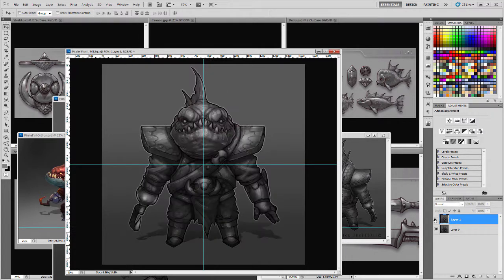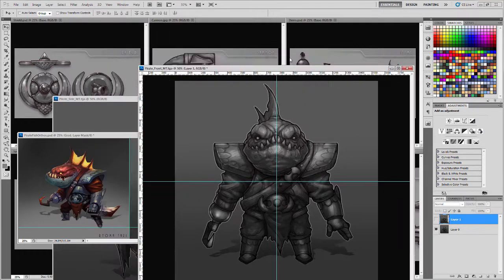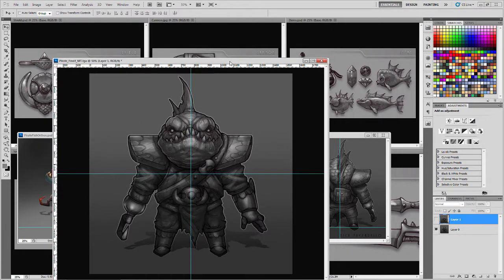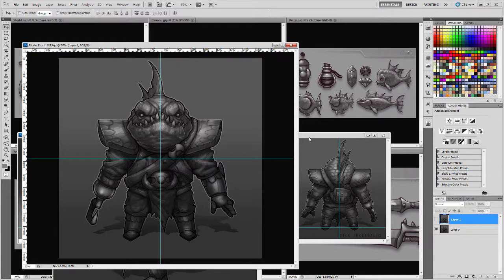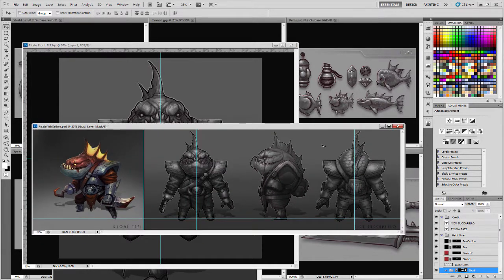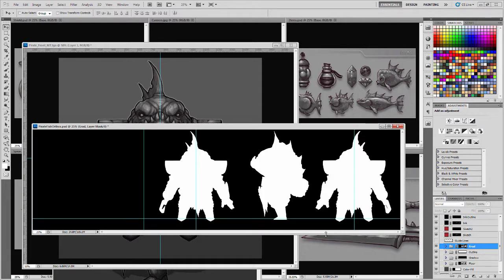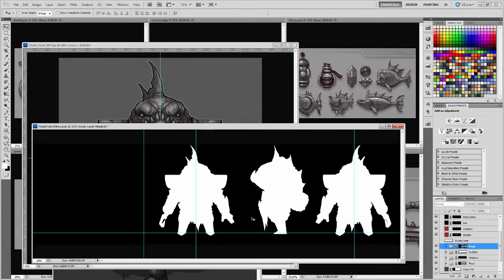That's kind of important. The other thing I'm going to show you is how to make an alpha channel for this, so we can knock out the background if we want. And so we're going to make a new version of this front view that's just specific with an alpha channel. So if you remember me telling you in this model sheet, you might have to make this alpha channel yourself, but I have one provided in this layer group. You can go ahead and hit Alt and click on that,